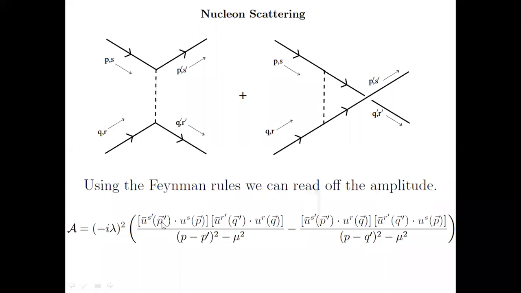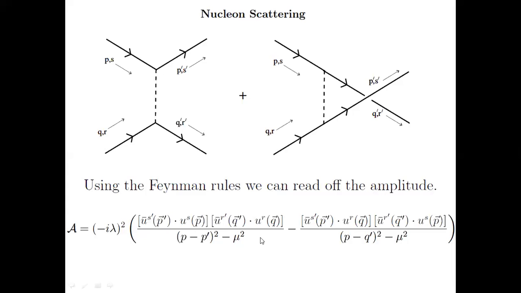U bar S prime contracted with USP is simply nothing but the contraction at the vertex of the incoming and the outgoing nucleon. These USP and U bar S prime are the currents from the expansion of the psi and psi bar fields. Okay. So, similarly, U bar R prime, Q prime, U bar Q, this is again a